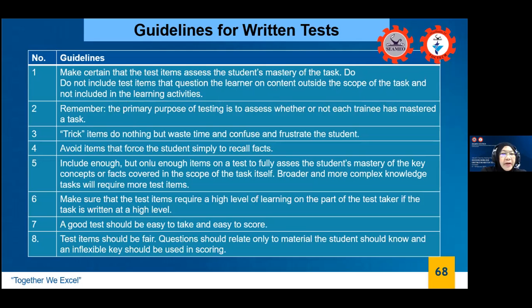Two, remember, the primary purpose of testing is to assess whether or not your student has mastered a task. You will go to the next level once you are able to determine that your student is already skilled in the task at hand. Then they go to the next level, and they will again master that level until everything about a given duty is really carried out. Now,